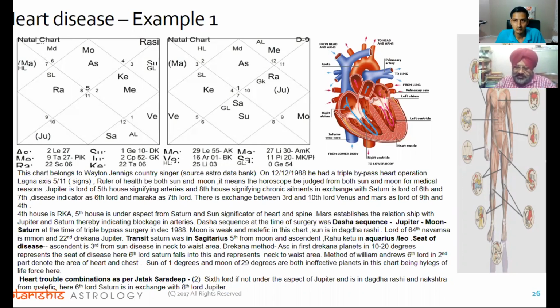The 4th house is under the influence of the Rahu Ketu axis. The 5th house is under the aspect of Sun. So the 4th house, the 5th house, and the lords therein: Mars is the lord of the 4th house, and Jupiter is the lord of the 5th house here. So in all, the 4th and 5th houses and the lords